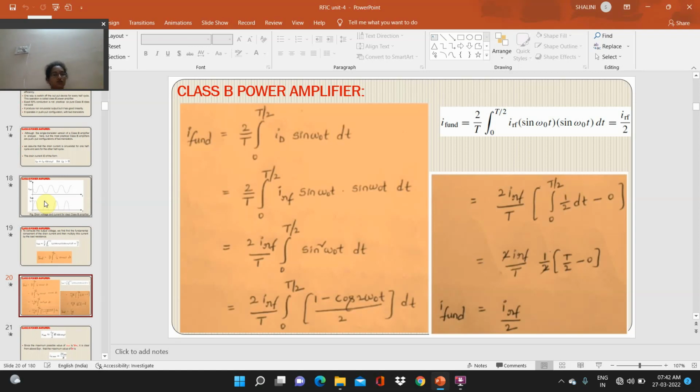That is equal to 2 IRF by T, integral of 0 to T by 2